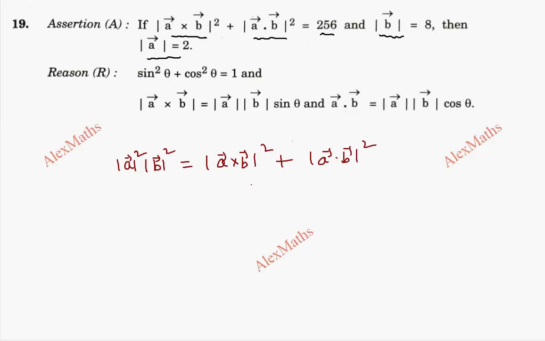So this can be got by taking the value, that is, the formula for A cross B, which is mod A mod B sin theta, and A dot B is mod A mod B cos theta. We can derive this one. So now check with all these values. They say this is 256,